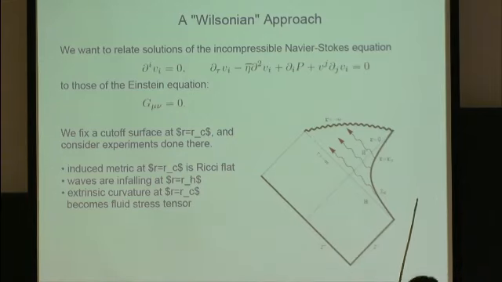And the second condition is that we want the waves to be infalling at r equals R_H. So I've schematically represented it by saying we allow fluctuations that fall into the horizon. What I'm really saying is that we don't want things to have come from the past here. We only want things that are going in. And that will be manifested by insisting that the metric remains regular as you approach the horizon. We don't have log terms, for example.